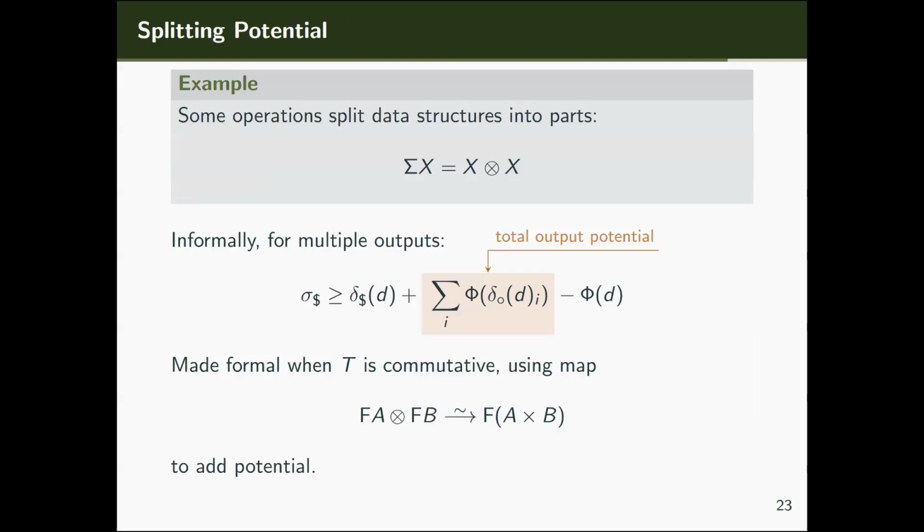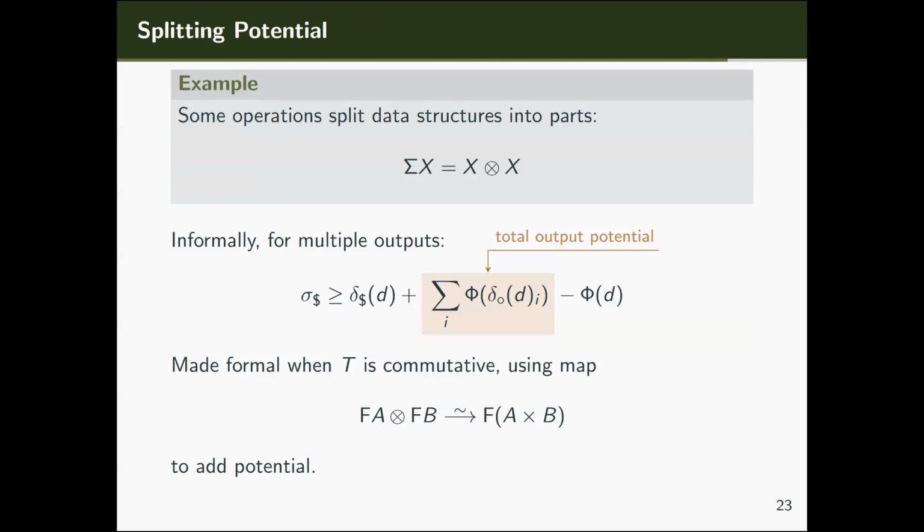Another common thing in the literature is that you want to be able to split potential up. So for example, you have a signature that says, I want to take my data structure and split it into 2 distinct parts. So informally, you might write something like this. The specification cost is the real cost plus the sum of all of the output potentials, and then minus the